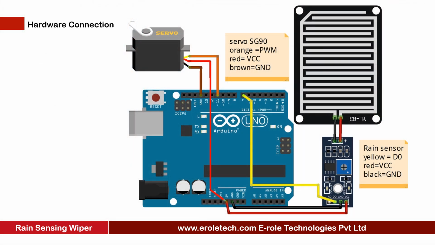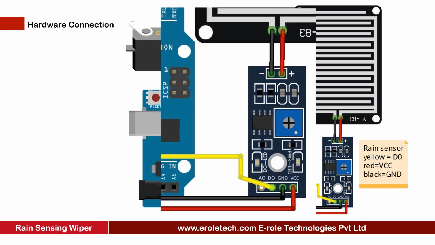Here is the connection diagram of this project. The rain sensor module works on a 5-volt power supply. The rain sensor module has 3 pins: VCC, ground, and output. Connect the VCC pin with the 5-volt pin, ground pin with the ground pin, and output pin with pin number